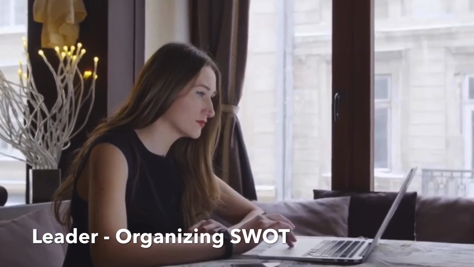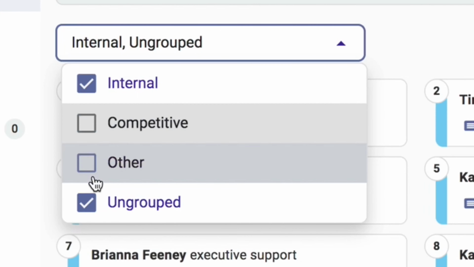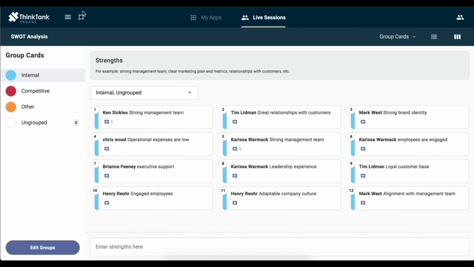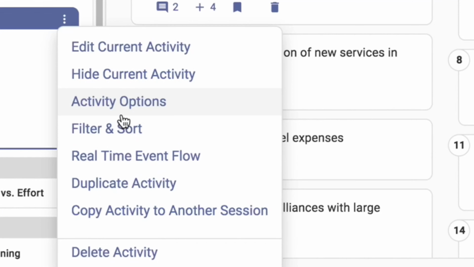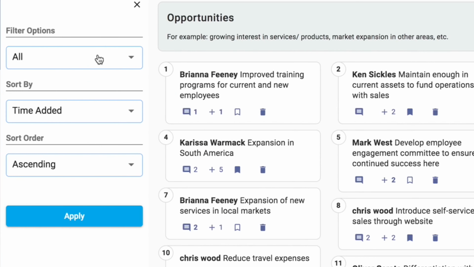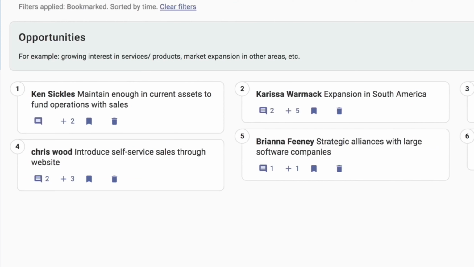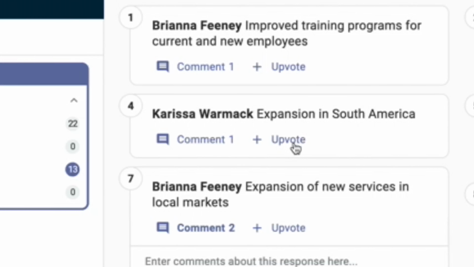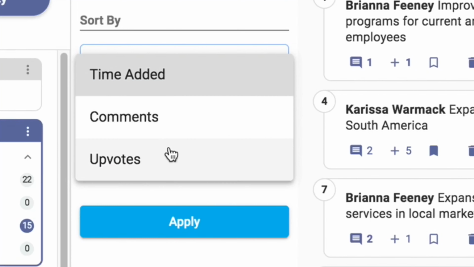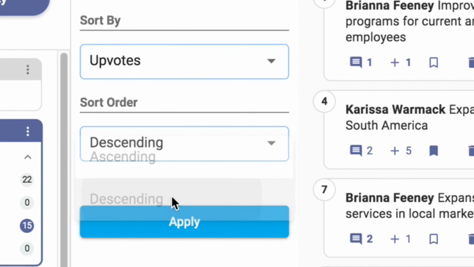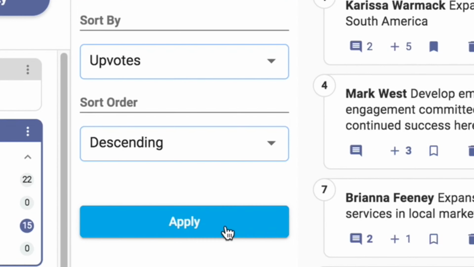Now the leader can organize and browse the content via category and refocus the team on critical areas, as well as using other tools for participants to tag stakeholder input with bookmarks so they can be pulled forward into other activities. The participants also have the ability to upvote ideas and comments they like, enabling the facilitator to browse and view the most popular content as upvoted by the group.